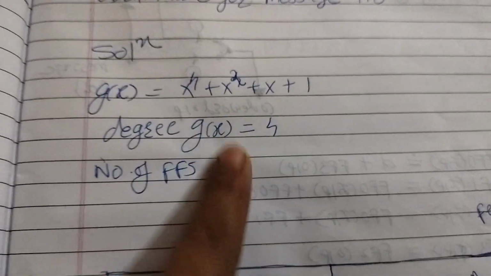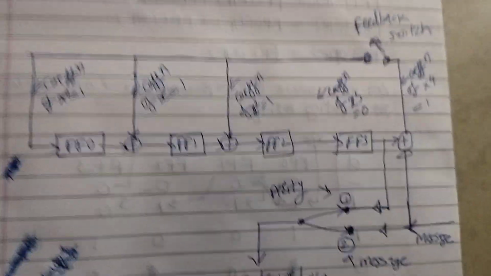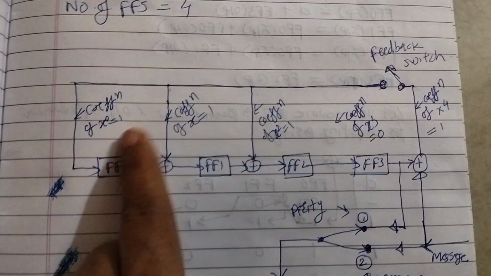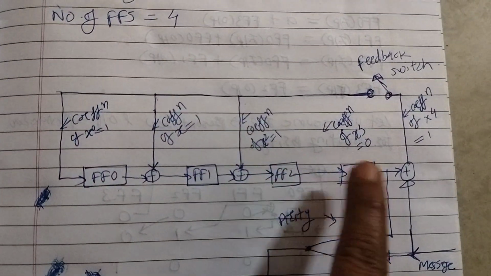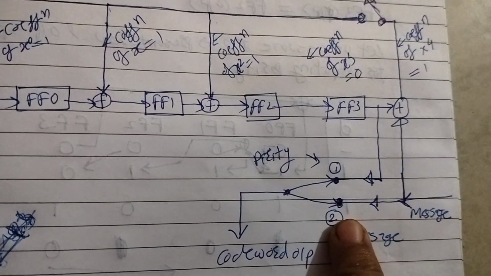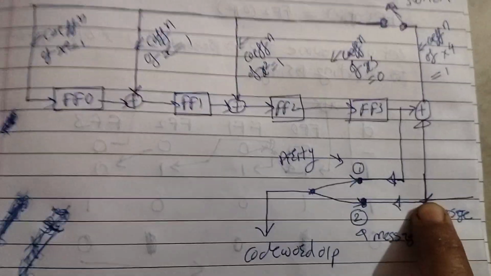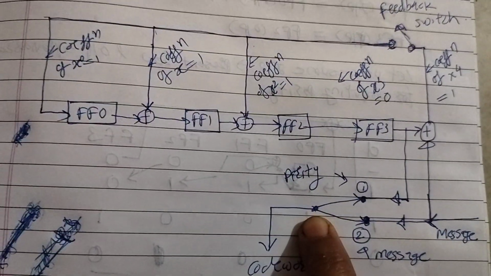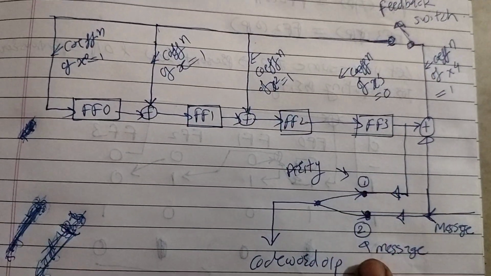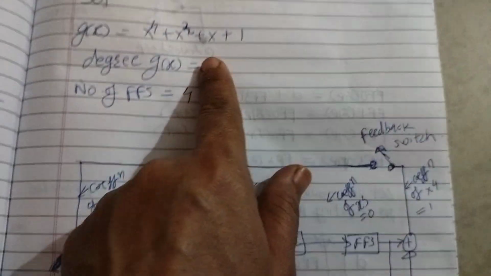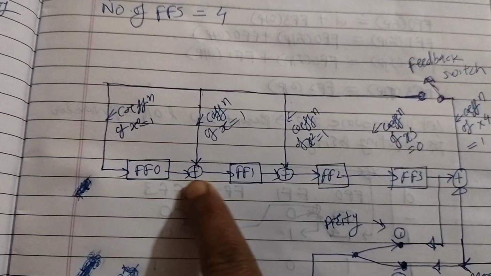So degree is 4. So we have already seen how to draw this diagram. So if degree is 4, then number of flip-flops required are 4. 1, 2, 3, 4. Now this is the same as we have seen in the previous two problems. So here the message is coming. This is a switch which we can connect to pole 1 as well as pole 2, and there is a feedback switch. So if the degree is 4, then you have to draw flip-flop 0, 1, 2